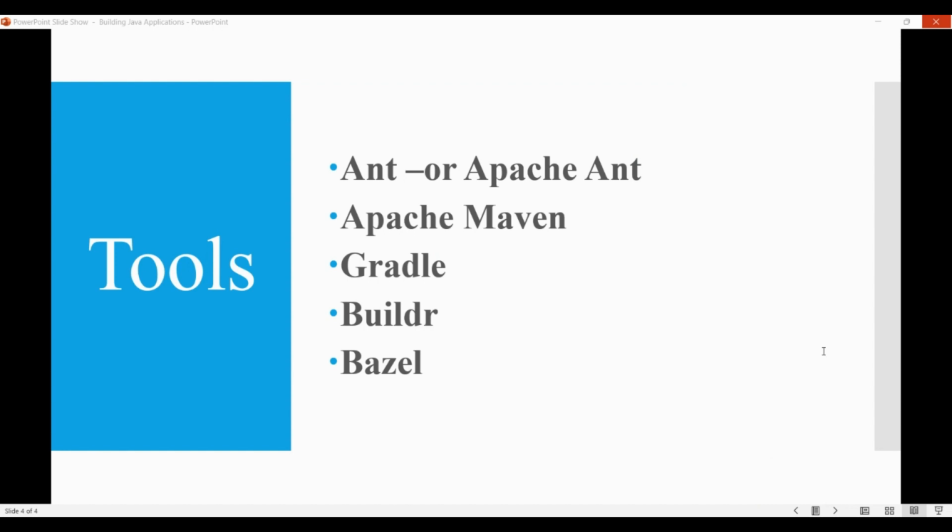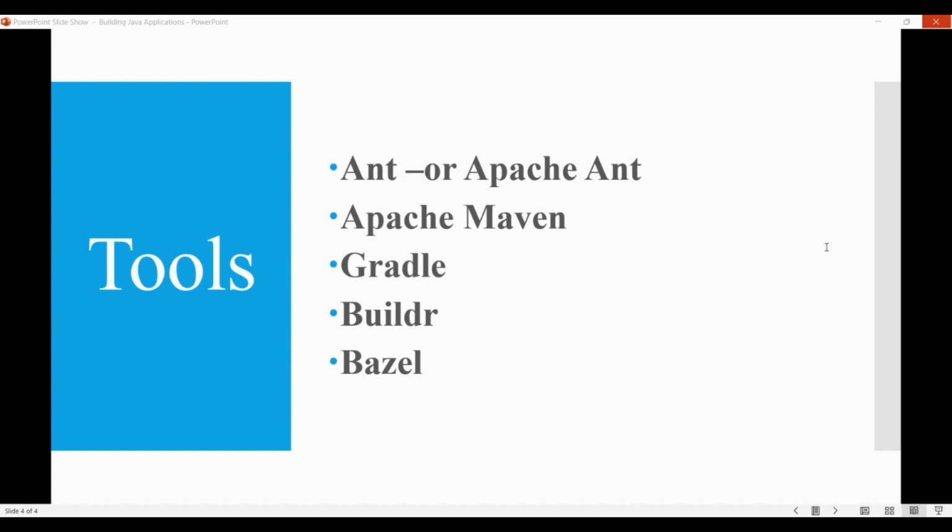The first is Ant or Apache Ant, short for "Another Neat Tool", the original name of the project when it was created by James Duncan Davidson in 2000. Ant is a Java based build tool that is used for automating the software build process. It's an open source tool that was originally developed by the Apache Software Foundation and is still actively maintained and supported, and provides a flexible and extensible framework for building and deploying software projects with a focus on simplicity and